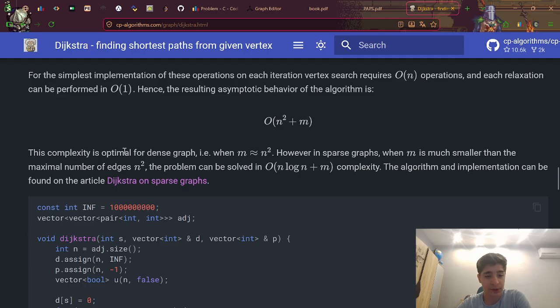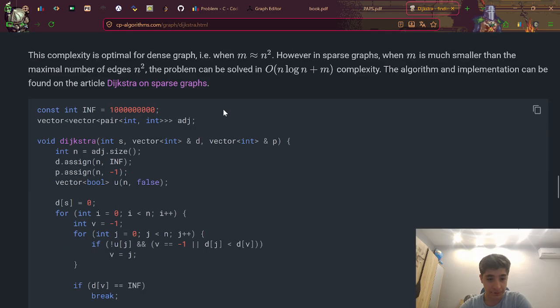This complexity is optimal for the dense graph. However, in sparse graphs, when m is much smaller than the maximum number of edges n squared, the problem can be solved in O(n log n + m) complexity. The algorithm and implementation can be found in the